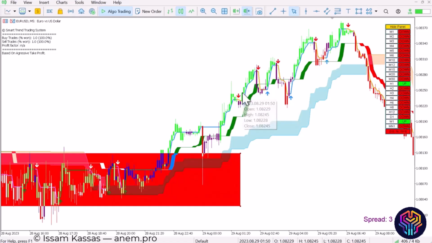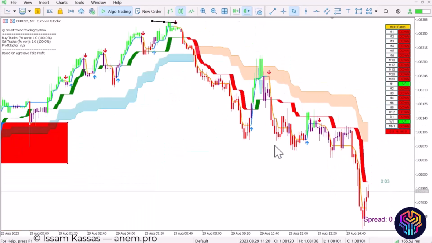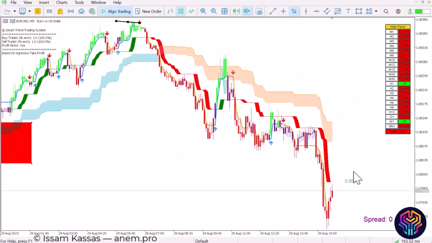which I got here. I'm entering here. Okay, I would enter at this level, put my stop loss below. That's going to be a quick win. I would enter again at this signal right here, and then put my stop loss right below. That would take me out with a loss. That is fine. I would enter again here, stop loss here. That would take me out with a win. I would enter again, my entry here, stop loss here, and that would take me with a win, probably, if I calculated that right. But in all cases, this is how it's going to go up until the actual moment